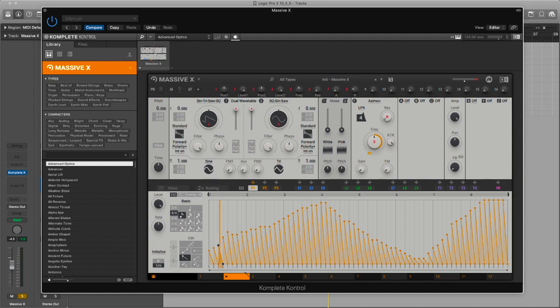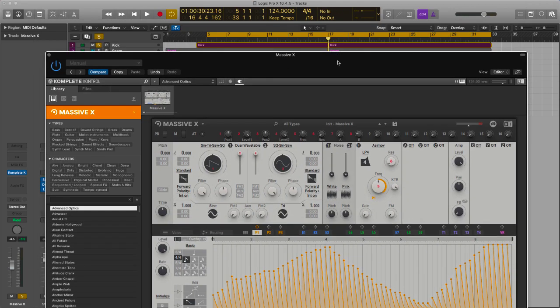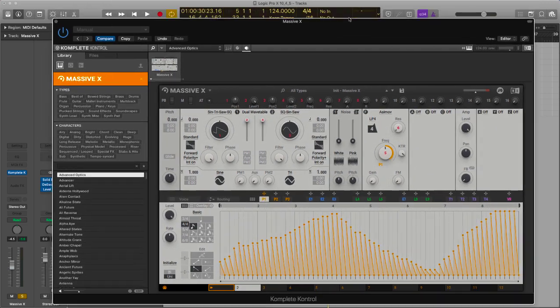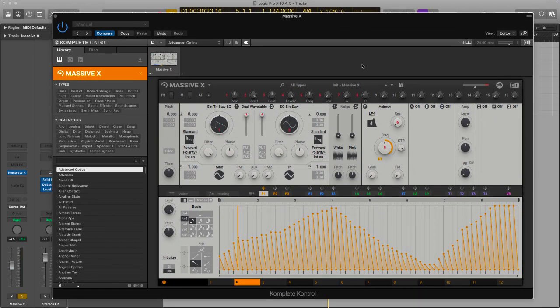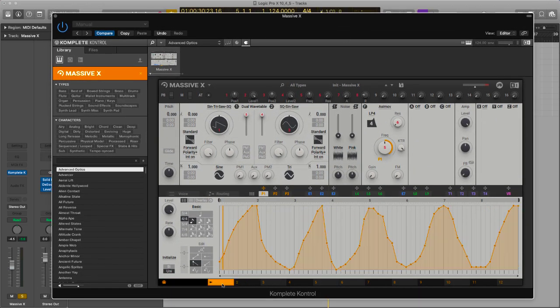Now, if I go to, I think, C0, is it? C0 and C#0, you can see that here I'm switching between the two. Now what that means is when I play a note, you can see that this is filtering up and down. But when I switch to C#1,